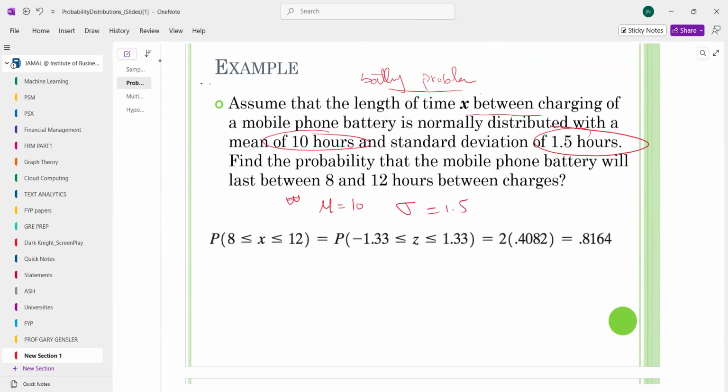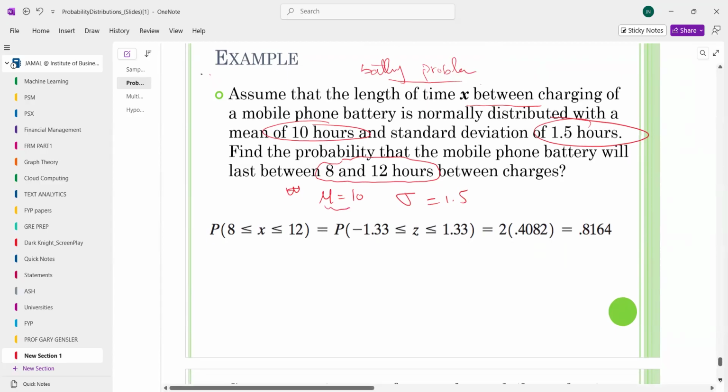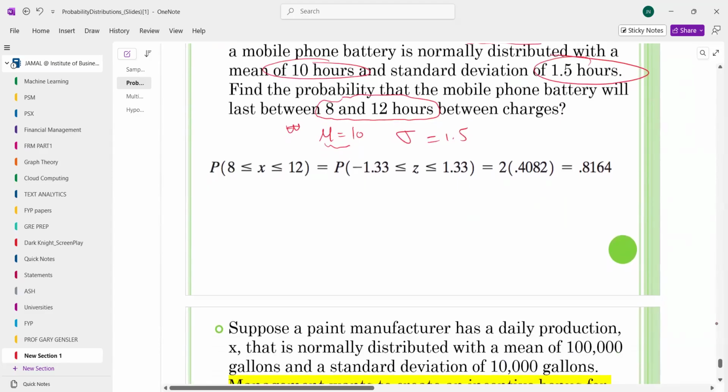And now that's really important. We are trying to find the hours between 8 and 12. I'll tell you how to do it. And remember, the mean is 10, right? If you draw the normal distribution, just for the sake of understanding and to look at the z table in a right way, I'm emphasizing this. This is really important. My mean is 10,